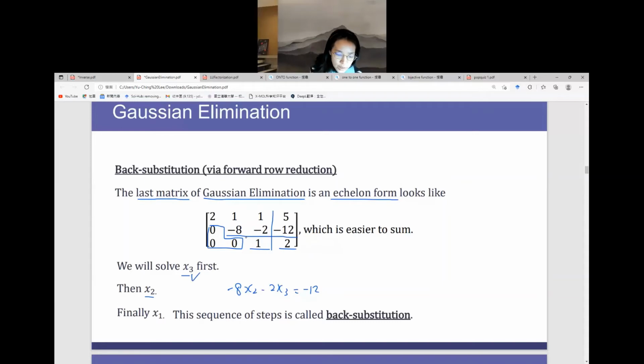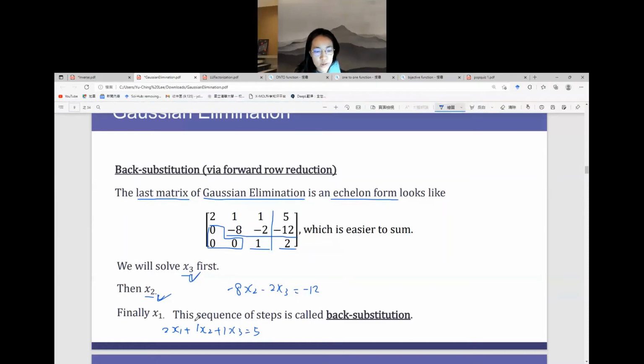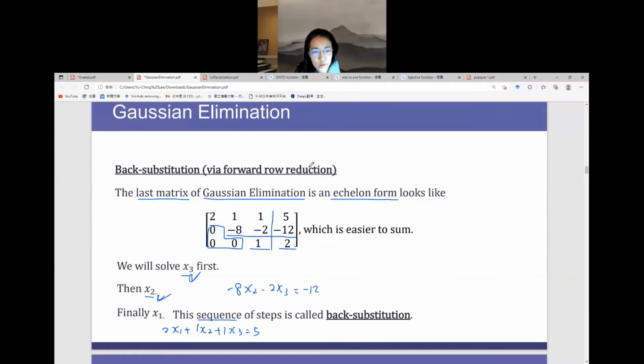And then finally x1, we have 2x1 plus 1x2 plus 1x3 equals 5. Since x2 and x3 are both known, x1 is solved. And there's a sequence. This sequence is fixed. 就这个顺序是固定的。